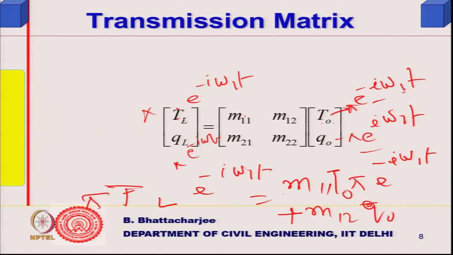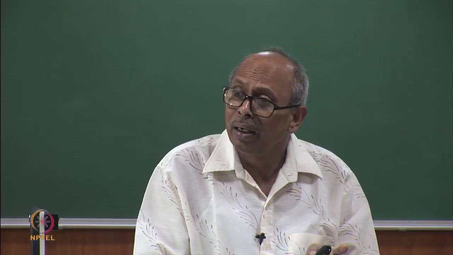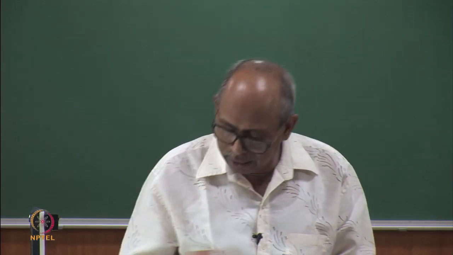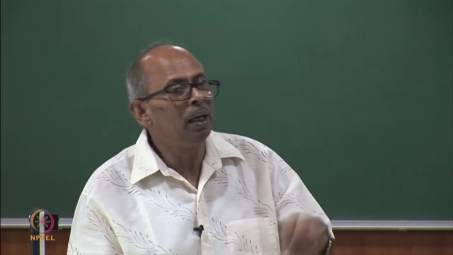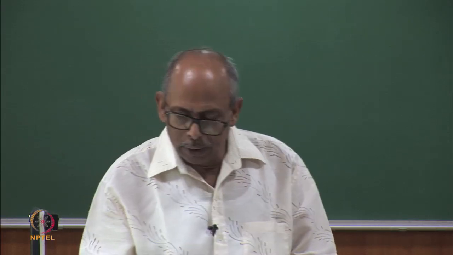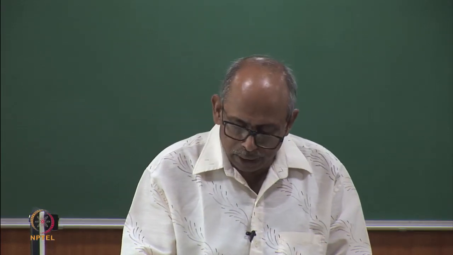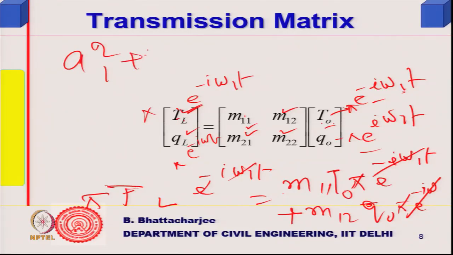right. So Q0 phi e to the power minus i omega 1 t. So every place this is coming, this will cancel out from all the places. So I will be left with only TL QL equals M11, M12, M21, M22, T0, Q0, which means that I do not have to actually do the transformation at all. This is simply the amplitude, which I can find out from Fourier's sine and cosine coefficients: A1 square plus B1 square, under root of that,